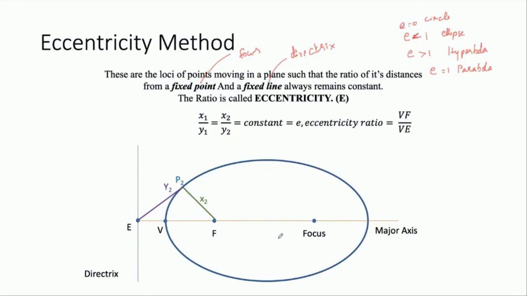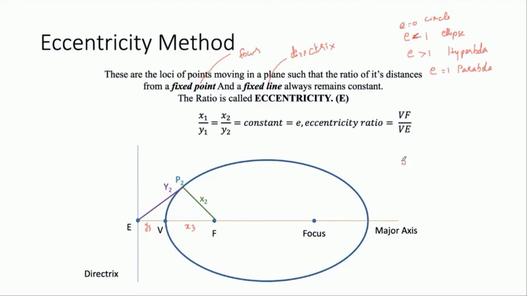Okay. So this is a constant. That is what was previously defined. x1 by y1 is equal to a constant, or x2 by y2 is equal to a constant. That value is equal to E. That is the eccentricity ratio. We have it as VF by VE. So when this line moves to the vertex, your x will be over here, right? This will be x3 and this will be y3. So these lines, the x2 and y2 line, if it moves through your vertex, will give x3 and y3. So this ratio is also again a constant. That is VF by VE.